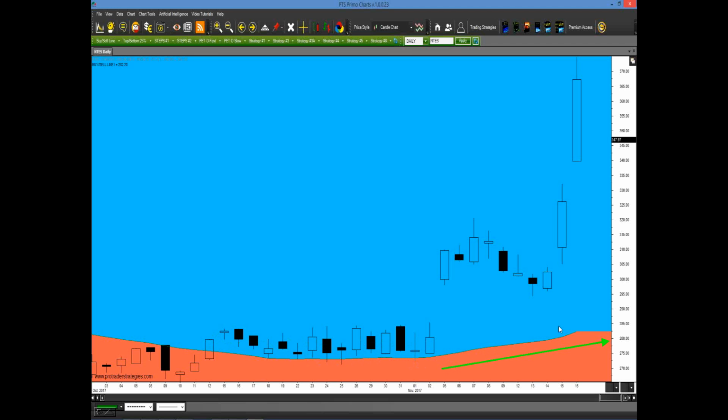So did we generate any signals in this area? Well, yes, we did. We, in fact, generated one 2 days before that nice move up. All right. Did we have any idea? Are these signals based on fundamental news or earnings or announcements? No, they're only based off a specific pattern, what the market's telling us. Now, as you can see here, another signal was generated here. Most likely, we would not have taken that because it's just based off the pattern. But the momentum is what we're looking for.